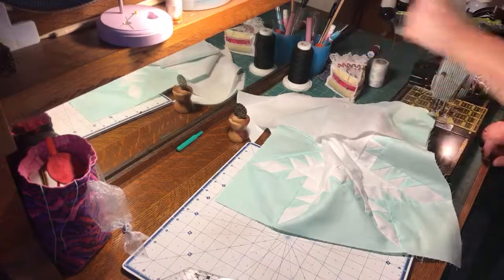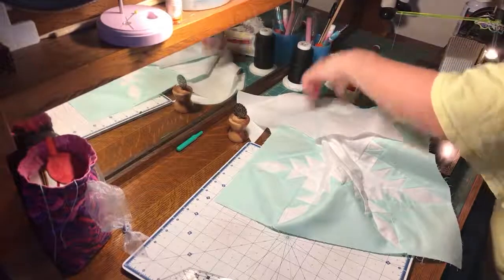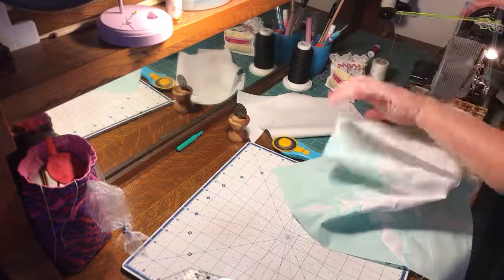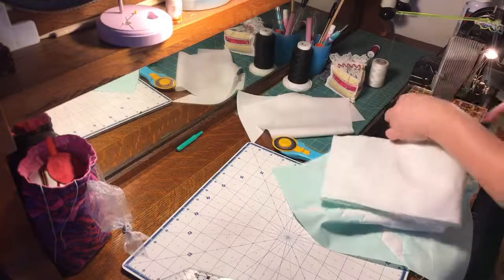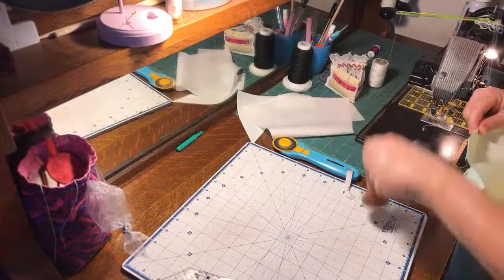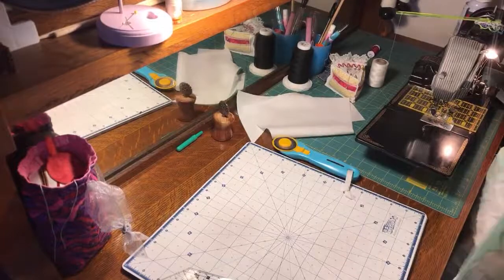And I don't know, you guys can see my seam guide. My seam guide is actually an old OmniGrid ruler. My OmniGrid, after having it for like 26 years, it finally needed to be retired. And I don't know, I think I've talked about this before in my other videos, but